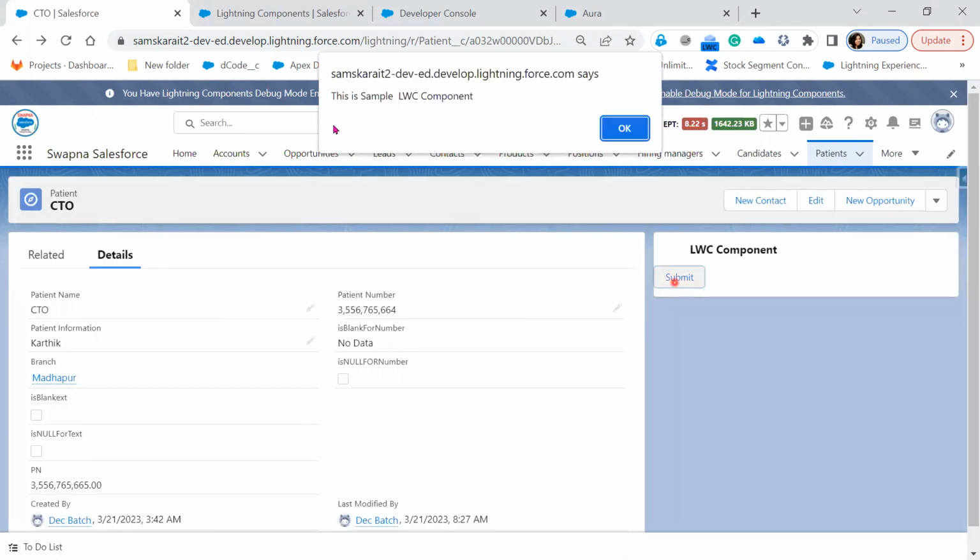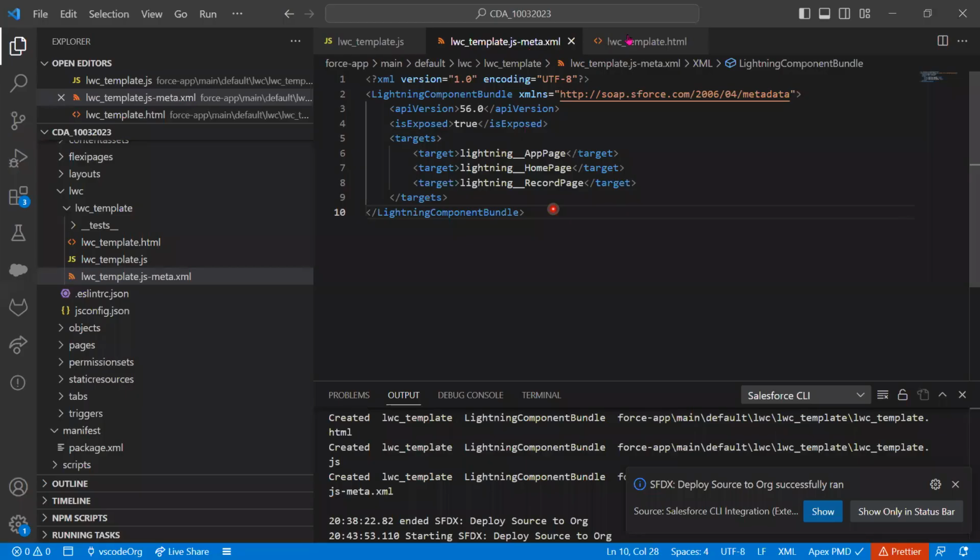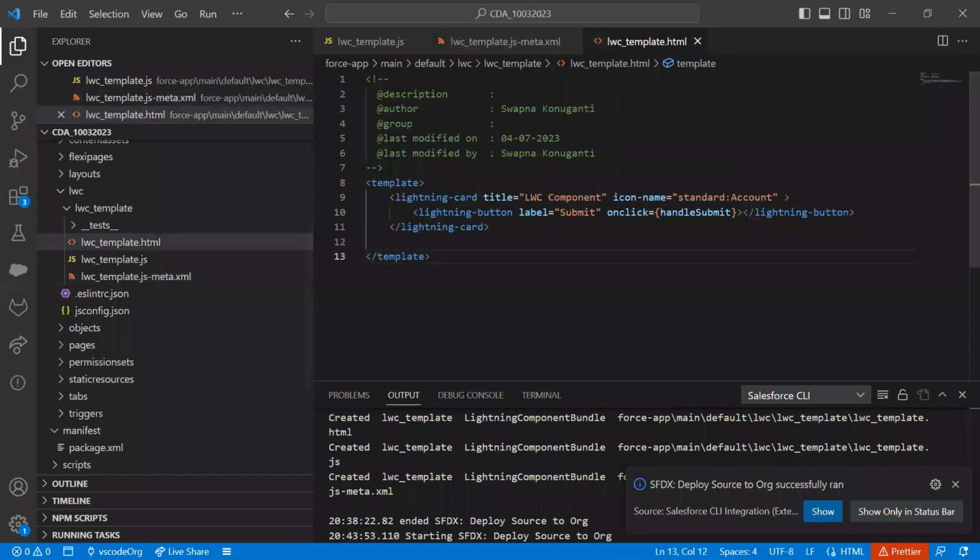If I click on a button, it is giving me this is a sample LWC component. This is perfectly fine, right? Now let's assume that on click of the button, I'm showing the alert message, which is simple and straightforward. Now what I'll do is,